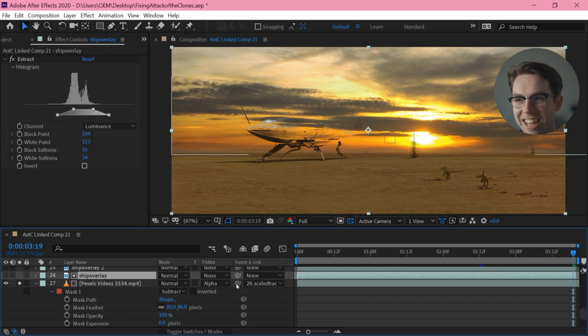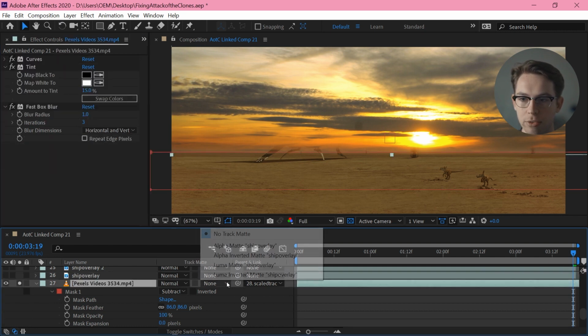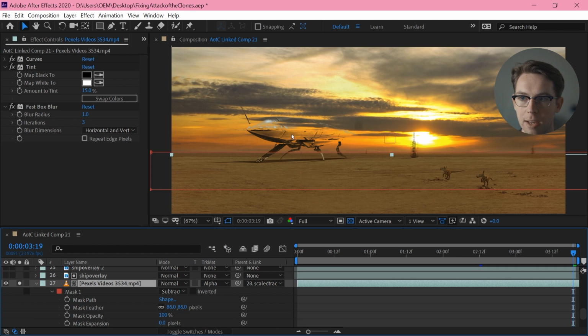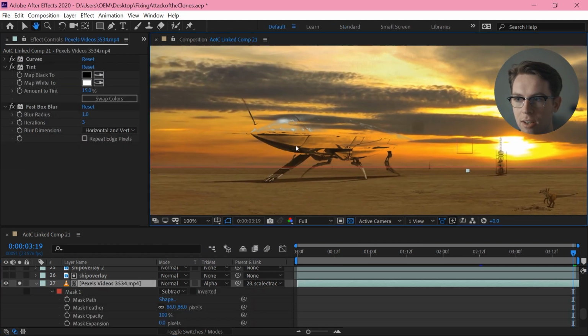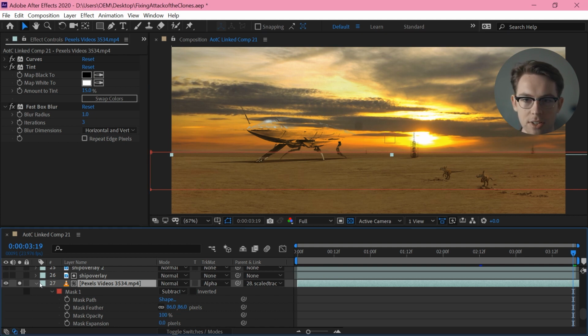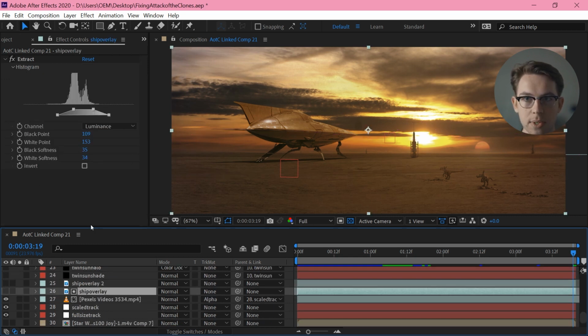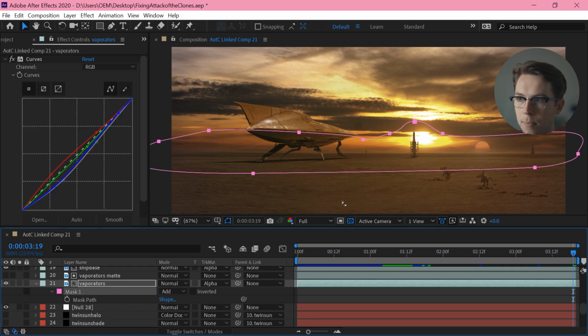And then I am just starting to add back some of those details into the sky by just doing an extraction on the original footage and creating a matte of those areas that are obviously too dark to be sky. Obviously I have to add back all of these things properly, but that just gets me a bit of a start. So I want to add back the vaporators, and the way I'm doing that is basically the same as this little rough overlay down there, but just more specific.